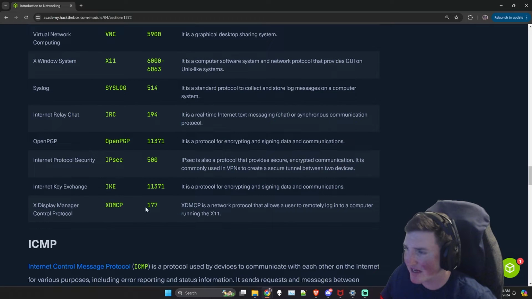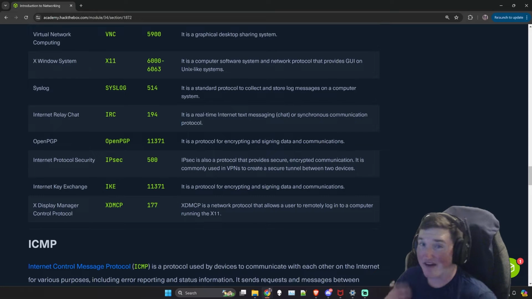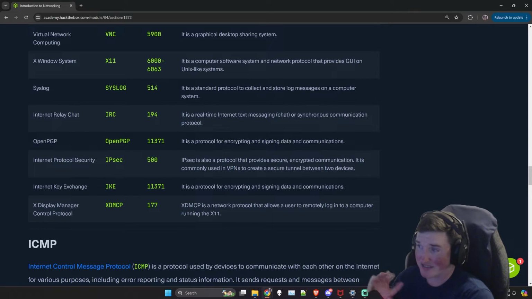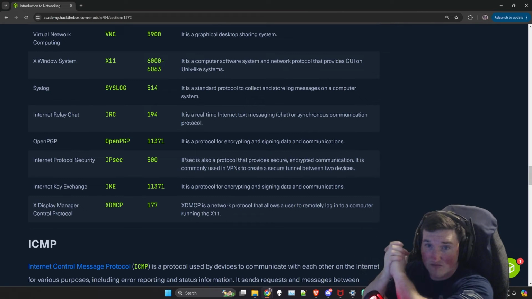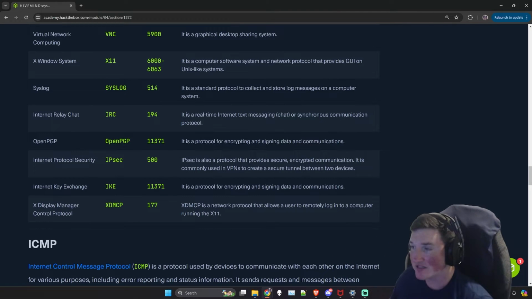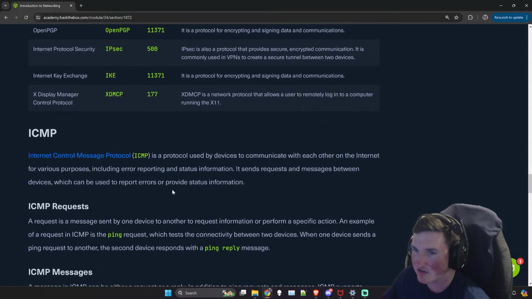So things like that. Internet Key Exchange, it's a protocol for encrypting and signing data. Guess what? If I don't get the full packet for the signing and encrypting of the data, I can't read the data. So ask again, right? You don't need to say, okay, we're locked in, right? You can say, the data is still encrypted. Send me it again, right? So it doesn't need it. So that's kind of the difference.